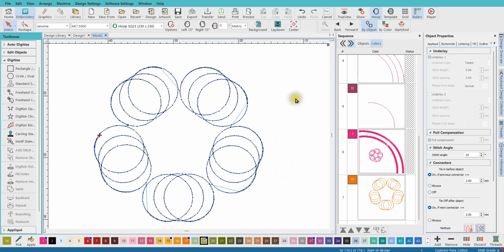Now there is a traveling toolbar that you can use here in the program, but what I want to do right now is travel through stitch by stitch. So my design is turned on. What I want you to do now is notice that I'm going to hit, using the arrows on my keyboard, the forward arrow. That's the one that's pointing to the right. And when I click on it,